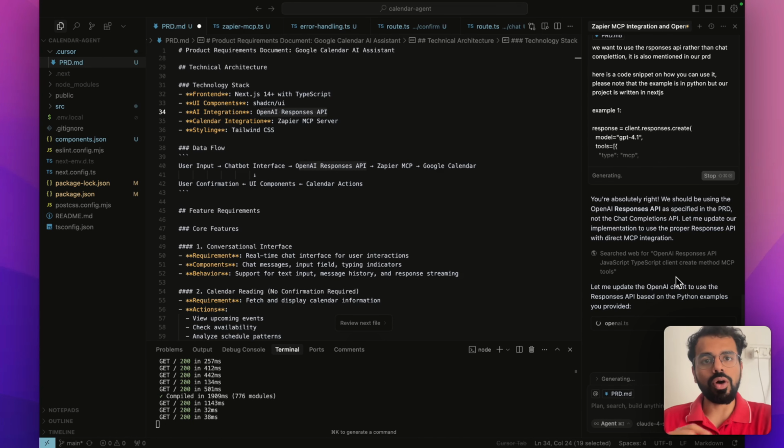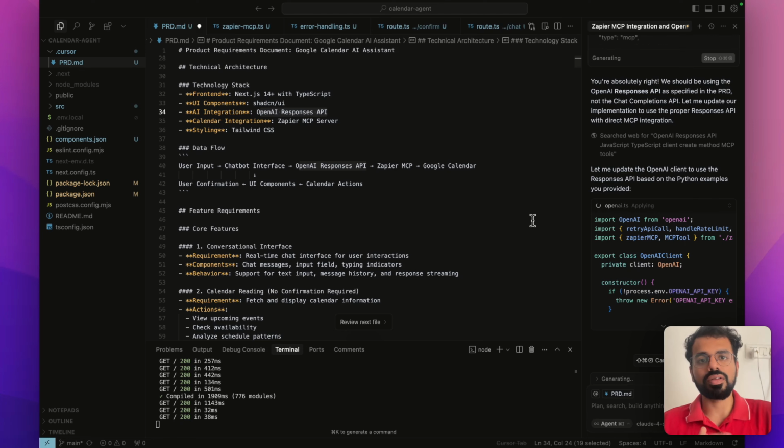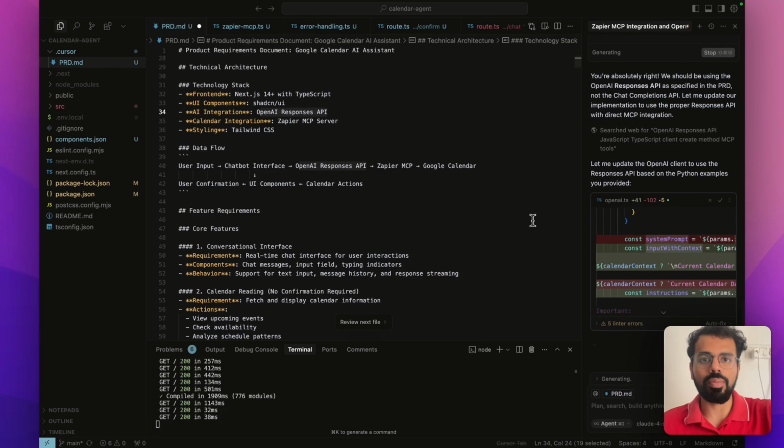What I will do out of this learning is make this specific instruction part of the original prompt that I gave for creating the PRD, so that when it is creating the initial PRD, it specifically mentions and emphasizes that we want to use the responses API, and it includes the examples for this.